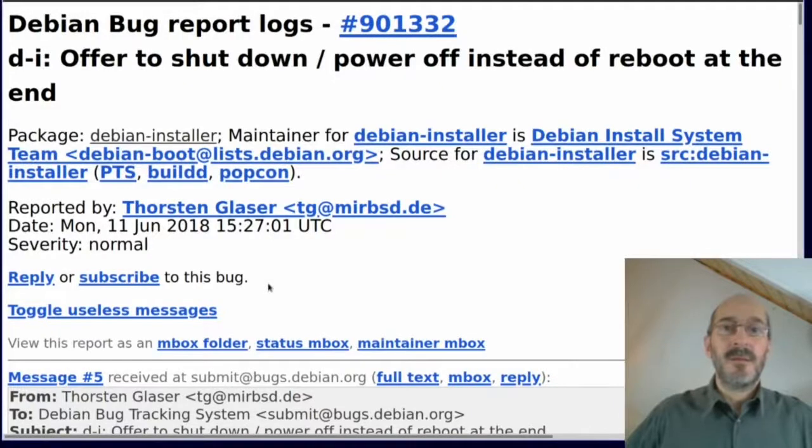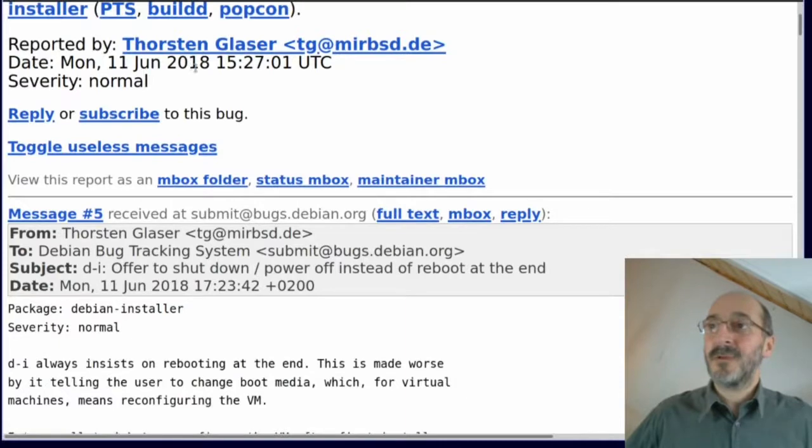Well, having made the whole thing seem much more complicated than it probably is, I'm now going to try and demonstrate that what it does is make life rather simpler, with a demonstration of fixing a bug which is actually a feature request in debian-installer. So here we go. So this is a bug asking for the ability to switch off rather than reboot at the end of an install, which is a reasonable feature. It was asked for in 2018,